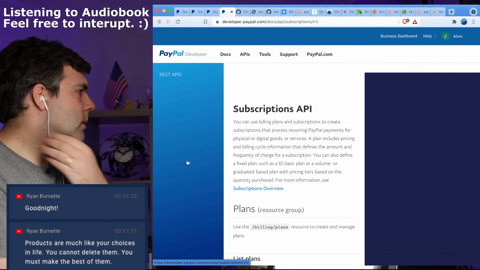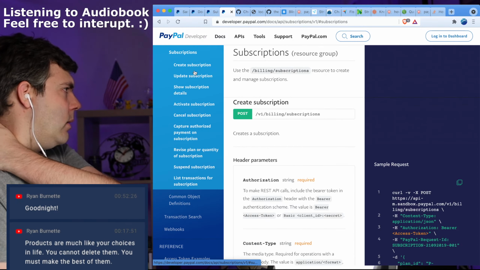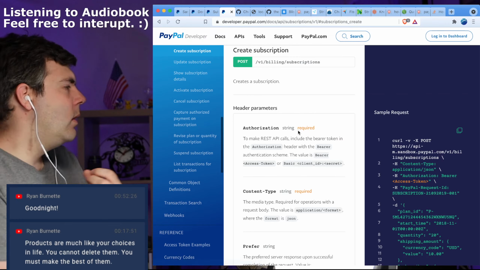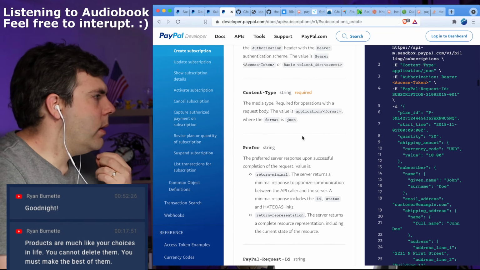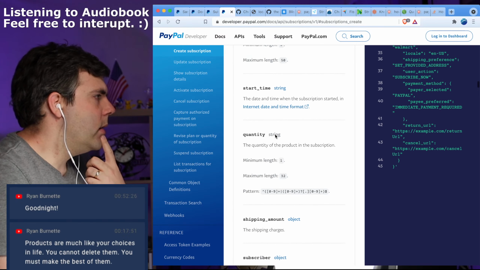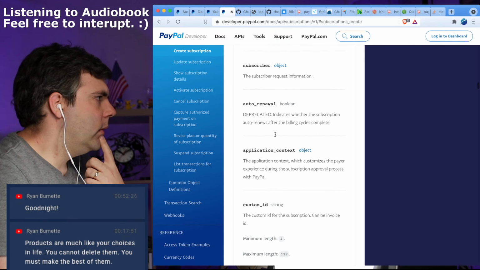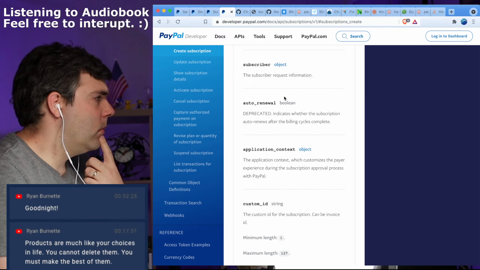So let's go to subscriptions and let's see what of this is actually required, because I wasn't paying close enough attention to before. Okay, authorization is required, content type is required, plan ID is required. That's pretty much it.